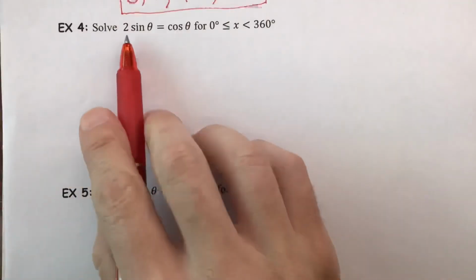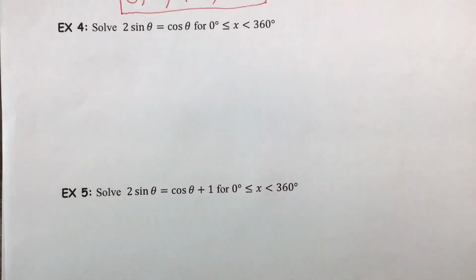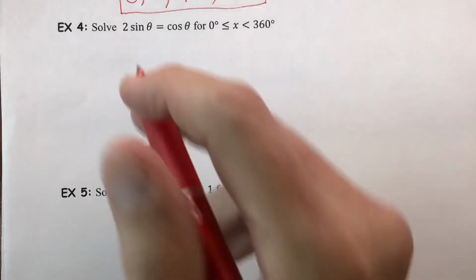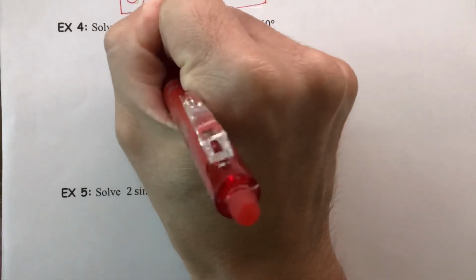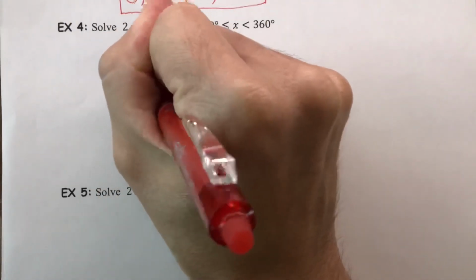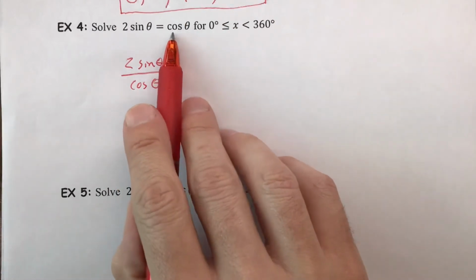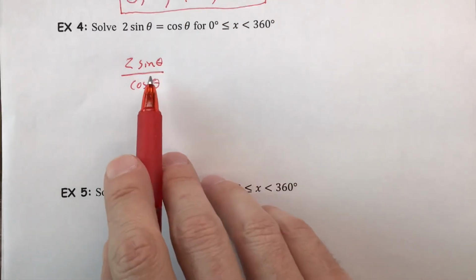Example 4, we've got 2 sine theta is equal to cosine theta. All right, what I'm actually going to start with in this problem is almost what I said you can't do in example 3 where you're dividing by your variable. But it's a little bit different here. What I'm going to do is divide both sides by the cosine of theta. What I'm not doing here is dividing by something that I plan to cancel out,